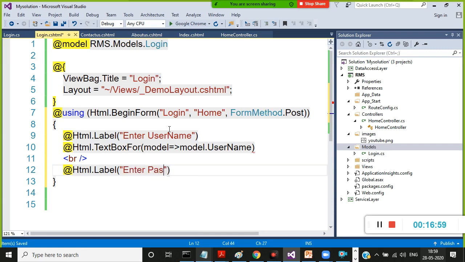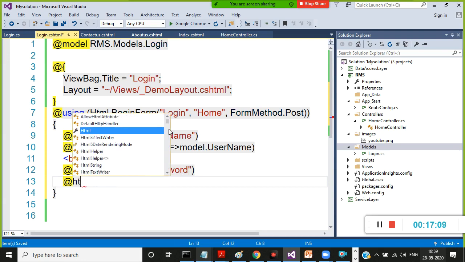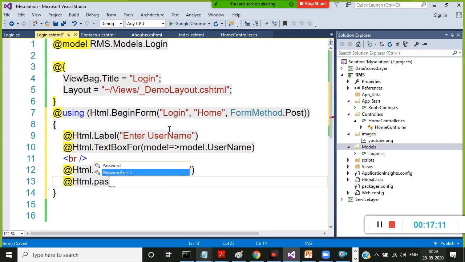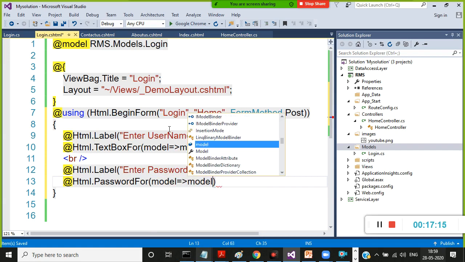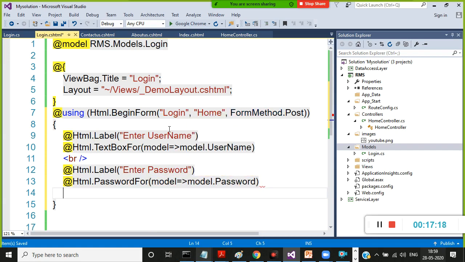Here you can write @Html.LabelFor. Here I'll write "Enter password". Here I'll give one more, PasswordFor. I'll give model => model.Password, and throw the cursor to the next line.